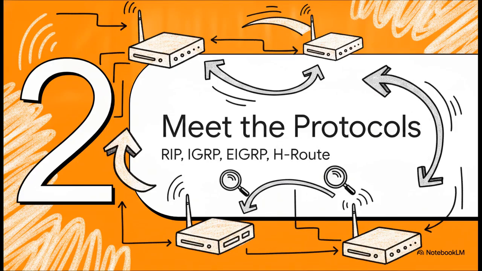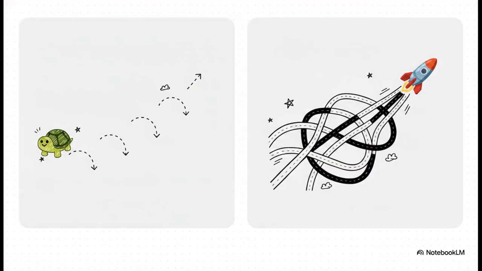Moving right along to section 2, meet the protocols. We're going to look at RIP, IGRP, EIGRP, and HROT. Let's look at the evolution between two of the foundational ones. On one side, you've got RIP, the Routing Information Protocol. It's one of the oldest and simplest distance vector protocols out there. It's basically the neighbor who only cares about counting hops. Fewer hops, better route. It's great for smaller networks, but honestly, it converges pretty slowly. They did roll out version 2 to support things like subnetting, which was nice, but then